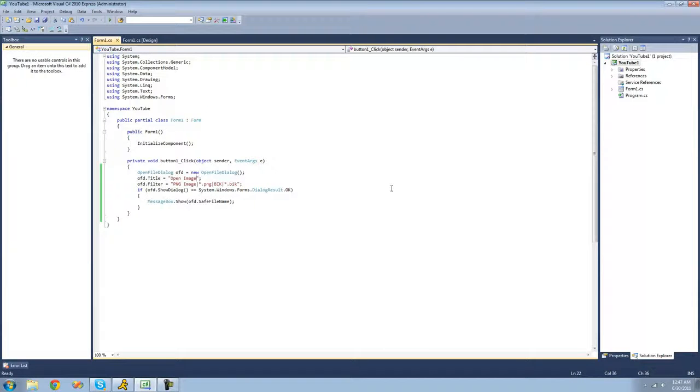So that's pretty much it. That's pretty much all there is on OpenFileDialogs. There are a few other properties that you can browse through here on your own, like, I don't know, ShowHelp, I guess. But yeah, there are a whole bunch of other properties,